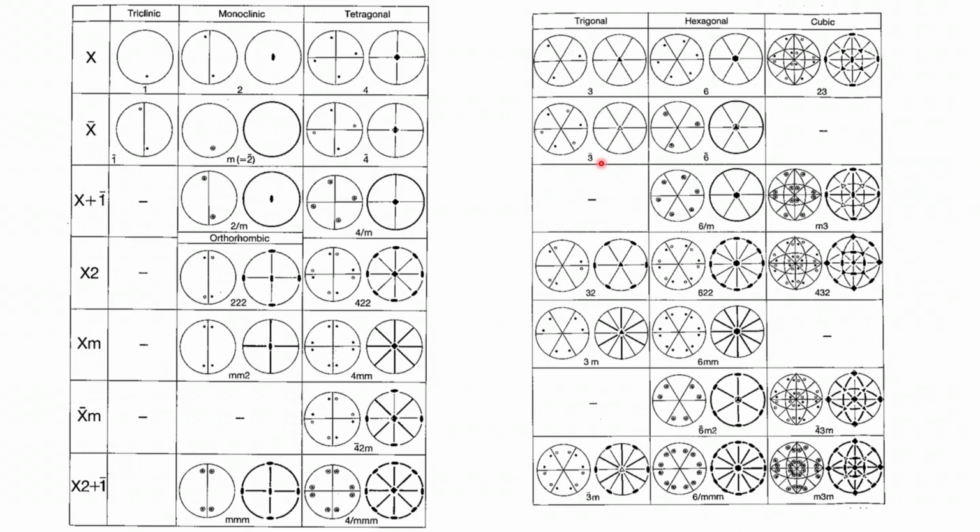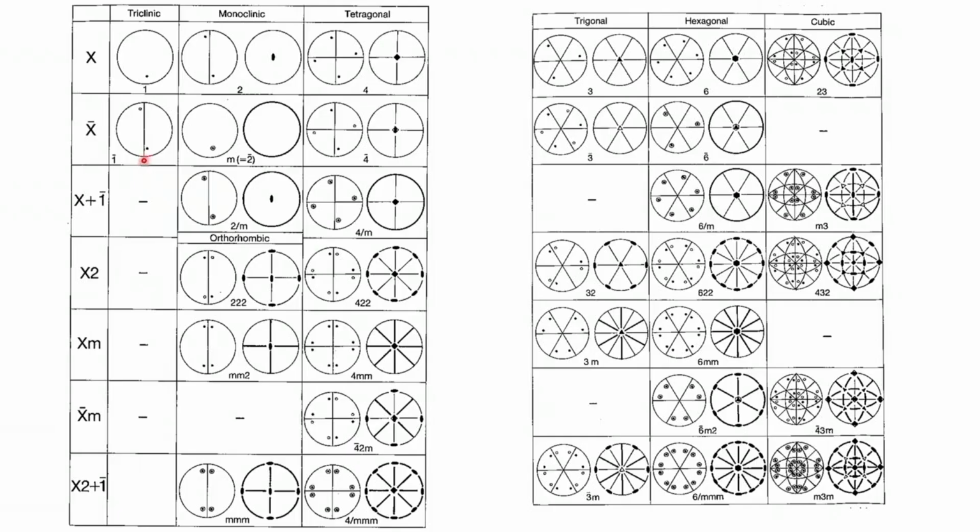Because the translation symmetry is not half or 1/4, the issue comes up with the point group symmetry, because we have to have the definition of a point group. That means when we start generating the points with respect to these operations, they should come back to the original point. That is the definition of a point group. So if you start from x, y, z, you go to x bar, y bar, z bar, you have to come back to x, y, z by operating it again. So that repetition of operations will occur in case of 3 and 3 bar,